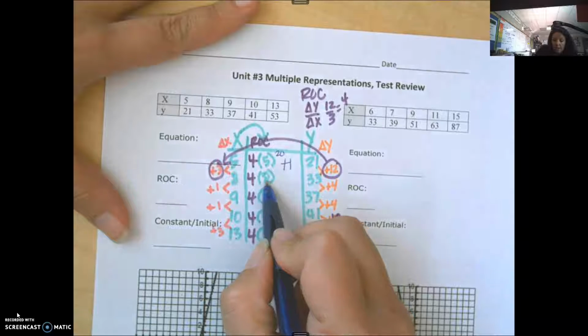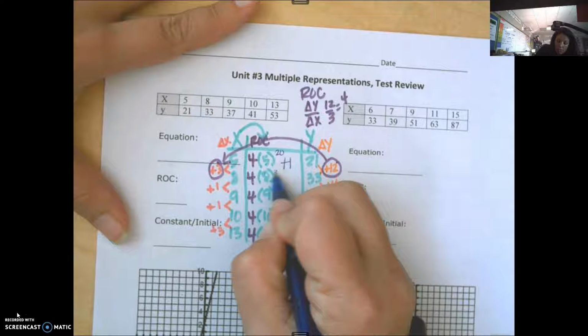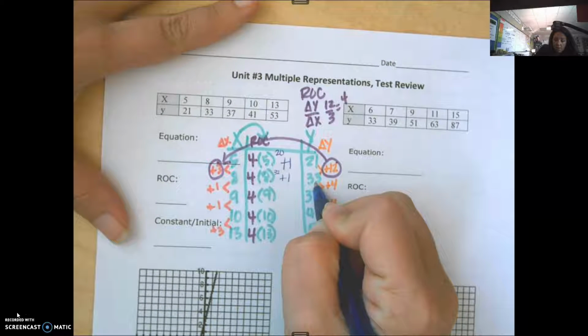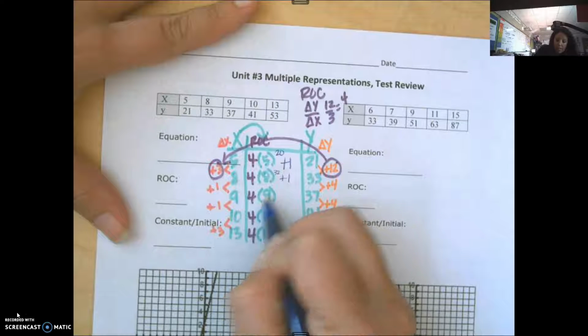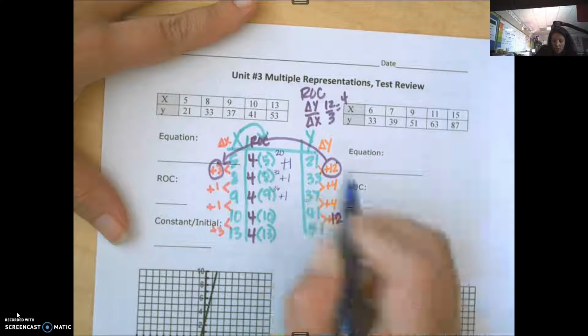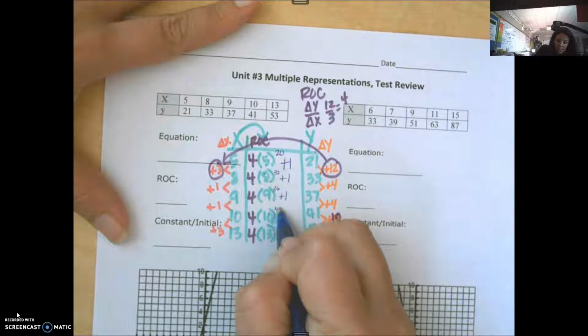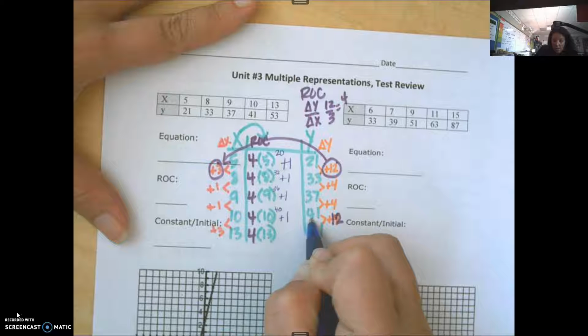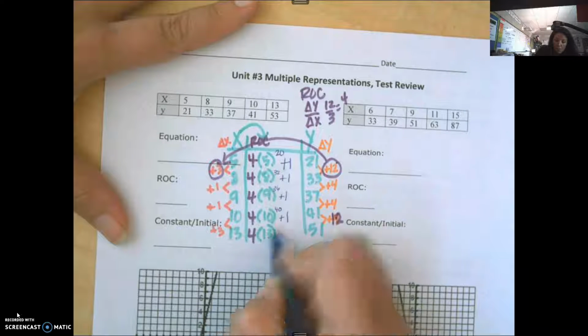4 times 8. 8 and 8 is 16, 32. So 32 plus 1 is 33. 4 times 9, 18, 36. Plus 1 is 37. 4 times 10 is 40. Plus 1 is 41. 4 times 13 is